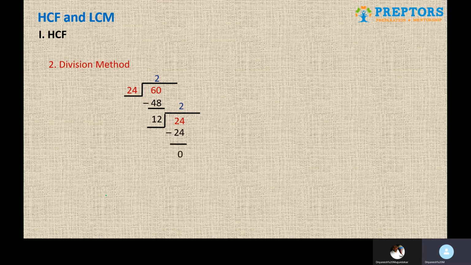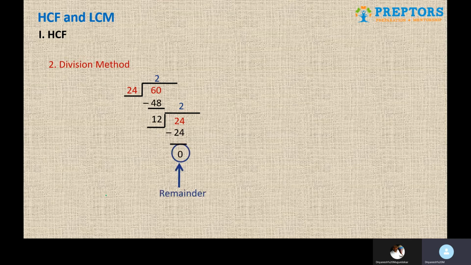The point to remember is this process will keep on continuing until you get the remainder 0. If there had been any other remainder here instead of 0, we would have divided by that number, and the process would have continued until we get the remainder 0. Surely at some point in the calculation, depending on your numbers, whenever you get 0 as the remainder, that's where you stop.